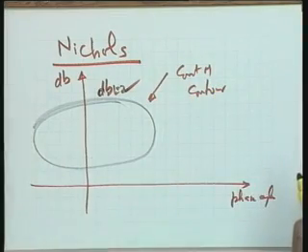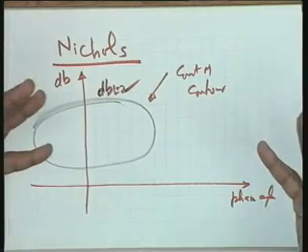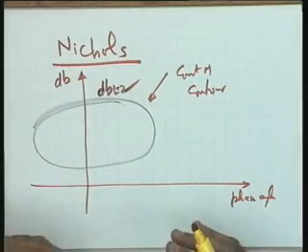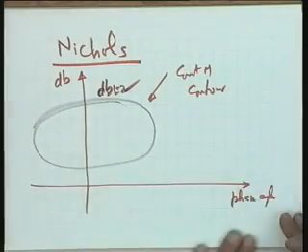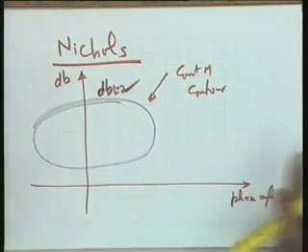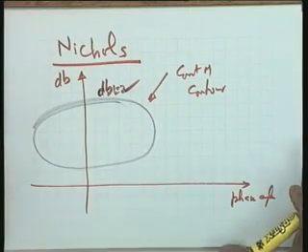Naturally, it is not a circle and it is not a specific shape. In this case the shape is like this. I simply say that it is a constant M contour. So, if I transform the information of a circle onto this particular plot in terms of phase angle and dB, I get the constant M contour here.